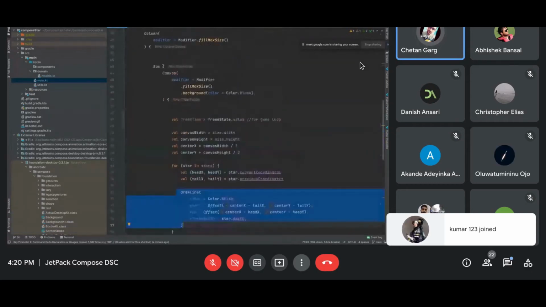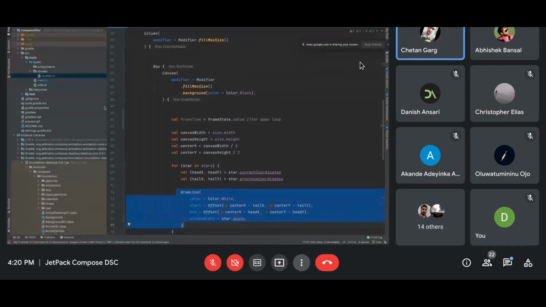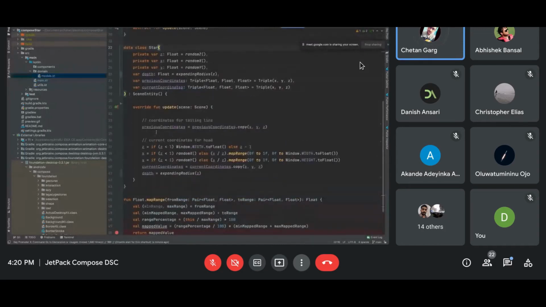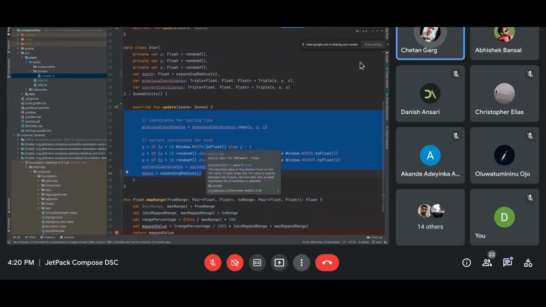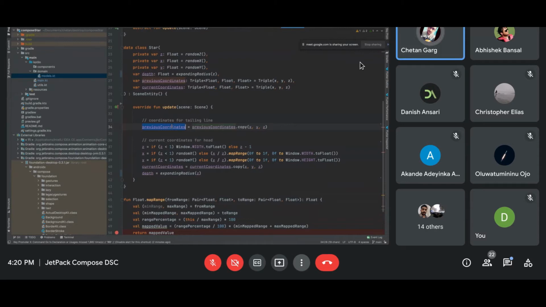Let's see how I'm updating those values. Okay, so these three are my coordinate system, x, y, and z. What I'm doing, I'm updating their value every second. So imagine this chunk of code will be updated every second. This part is in the game loop, right? So what I'm doing is taking the previous coordinates and updating them with the new coordinates that are in the system.